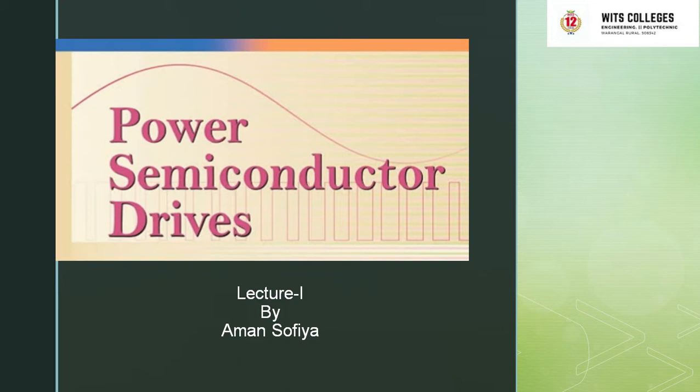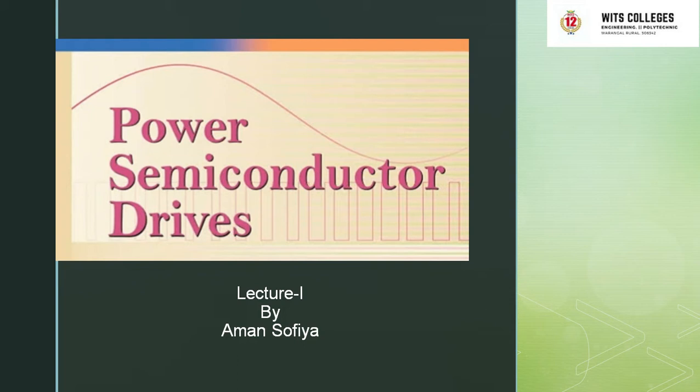Basically, semiconductors are classified into two types: two terminal devices and three terminal devices. A PN junction diode comes under two terminal devices, whereas MOSFET, IGBT, TRIAC, JFET, and BJT all come under three terminal devices. Now, drive. A system used for motion control is known as a drive. Here we are using different types of semiconductor devices to control the different types of drives.